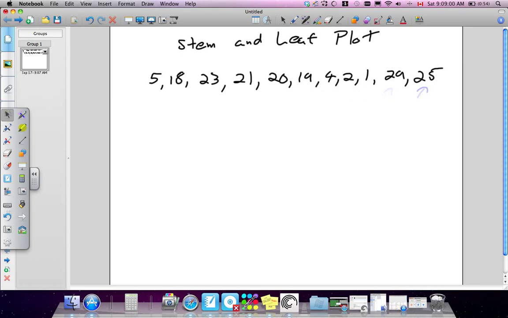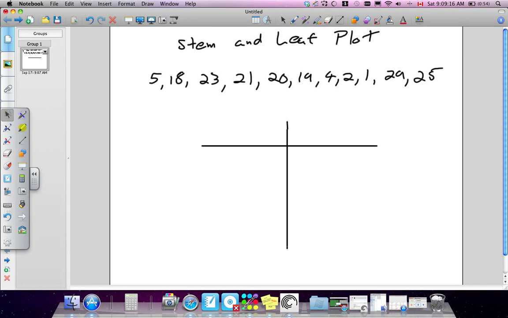So to make a stem and leaf plot, it's almost like a T. Okay? Is that straight? There we go. And then down like this. So a stem,